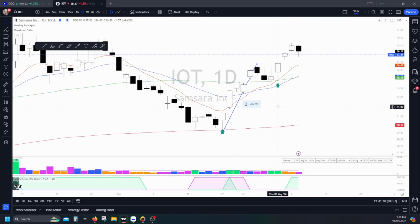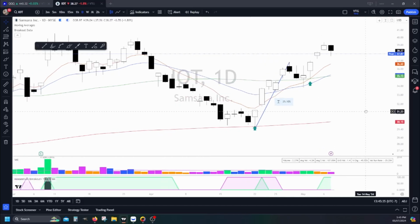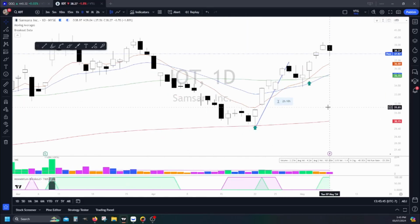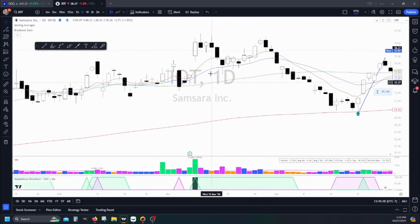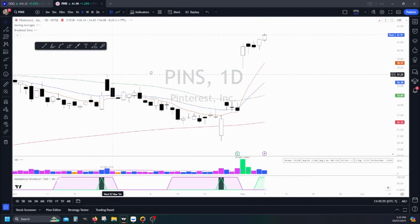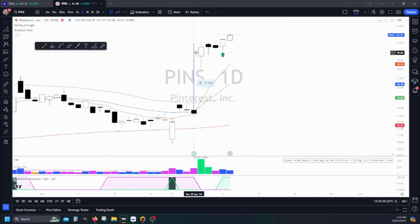I run those scans, get a feel for how stocks are handling this kind of bottom bounce and how stocks are breaking out. And the idea here is to train my eyes to see what's happening, the feel of the market for my edge, and is it working or is it not working? I'm also looking at the big gap ups. It's earnings season, so are stocks responding? Are we seeing a lot of stocks that are doing this? Because if stocks are doing this, then you have more confidence to buy on the first day of the gap up. And if stocks aren't doing this, then we know